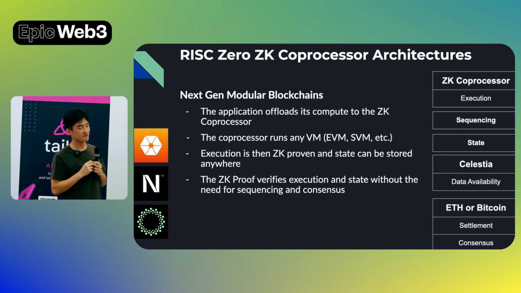This next generation of modular blockchains is quite exciting too. We're working with teams like Cetrea, who's building the first ZK rollup on Bitcoin, Layer N, which is building a unique DeFi-focused Layer 2, and then Eclipse, which is porting SVM onto Ethereum. All of these rollups take advantage of this new modularity in the stack.